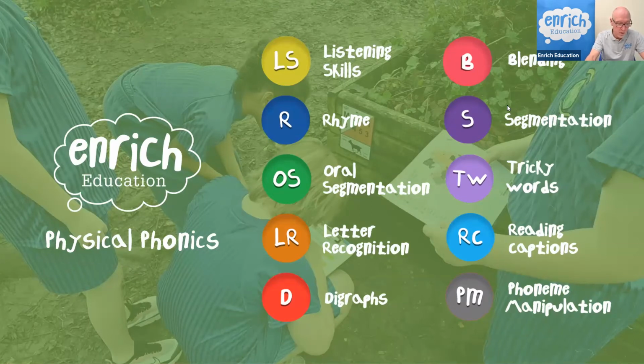the separate phonemes in spoken words; letter recognition, games to help children link letters with phonemes and to build up the number of letters that they recognise and know the main sound for; digraphs, games to help children practice recognising vowel and consonant digraphs, including split digraphs; blending, helping children to develop their ability to blend strings of letters together to read, for example, using CVC words; segmenting, to help children segment words into individual phonemes and to select letters to spell them;